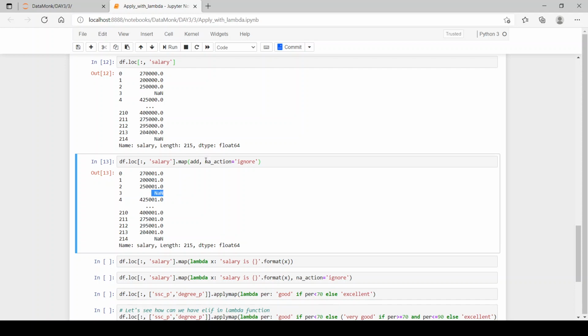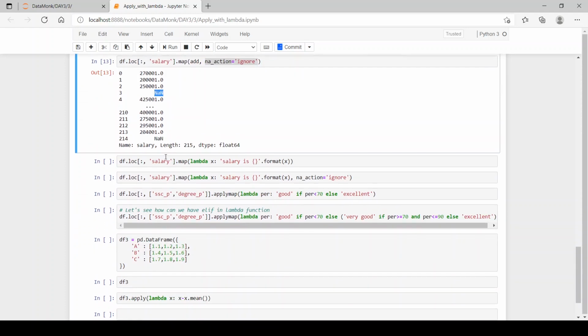Therefore we have used na_action equal to ignore. So this function will ignore all the NaN values and then perform the add operation on each and every element excluding NaN values.